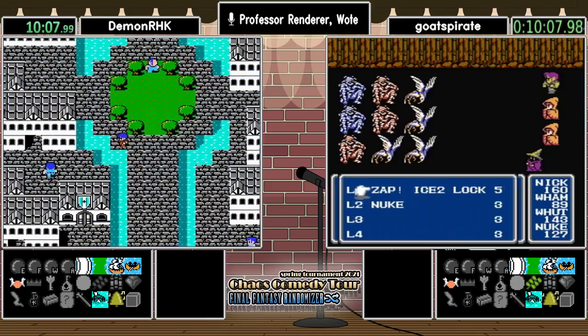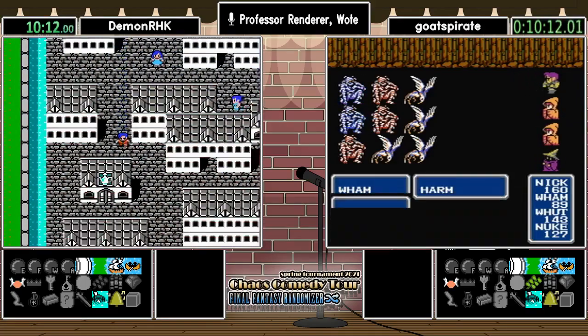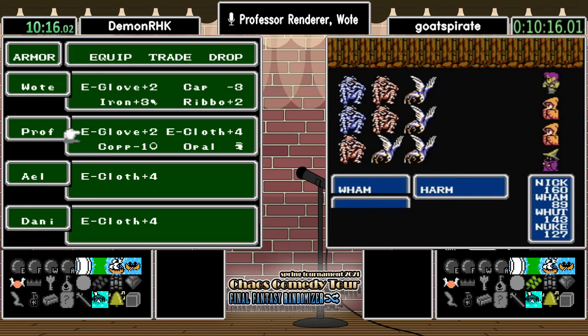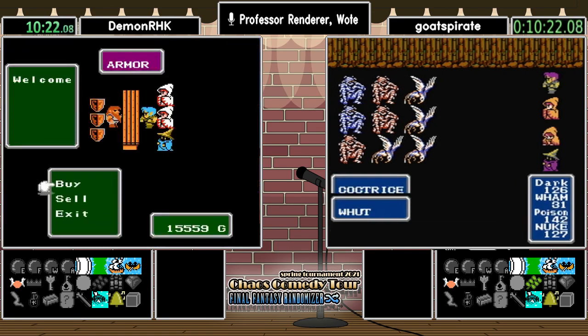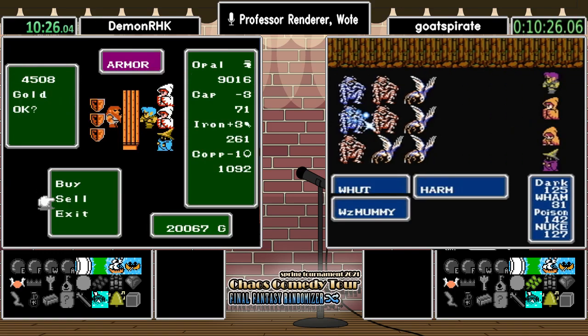Over on Goat's Pirate's side, we saw that Sarda gave out the herb. Mm-hmm. So, I believe we do not have NPC Shuffle on, not that it would matter, because we can access any and all NPCs that you turn in items to. So...